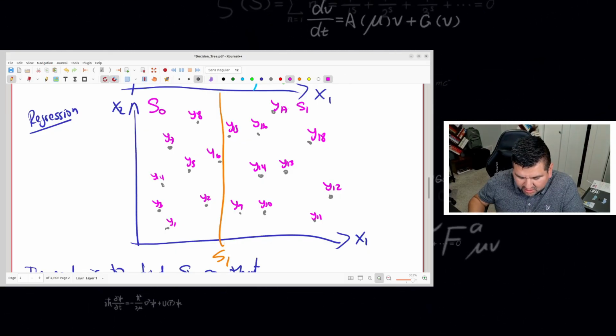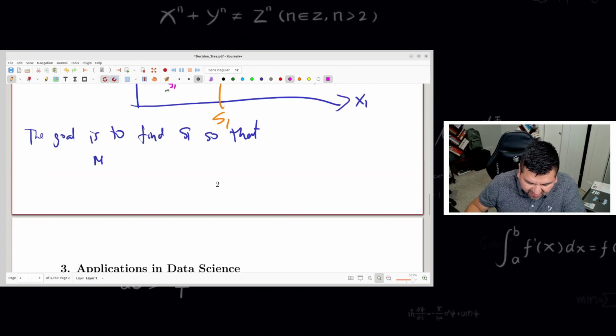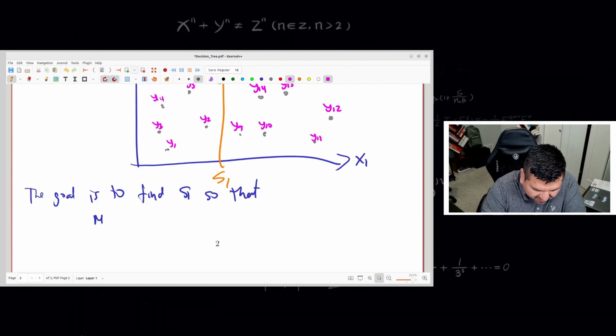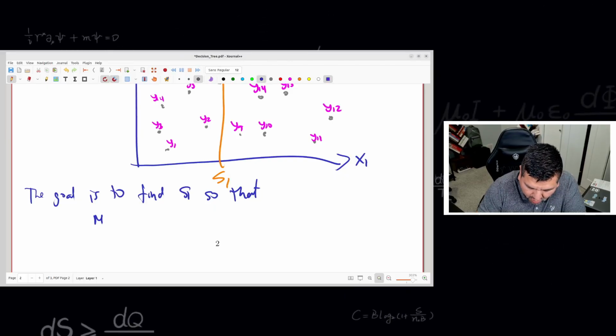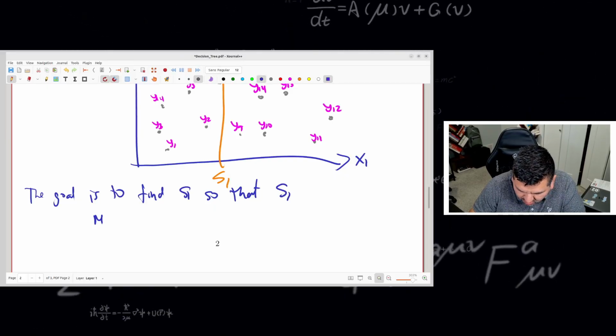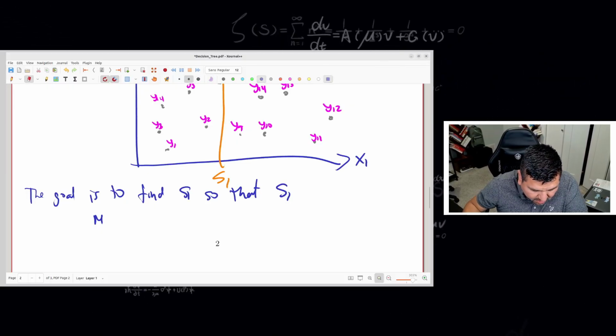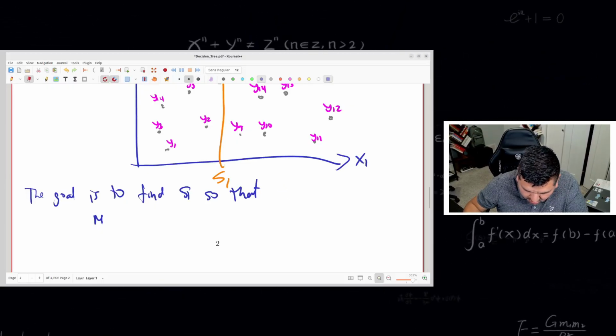So the goal is to find S1, which is the split S1, so that